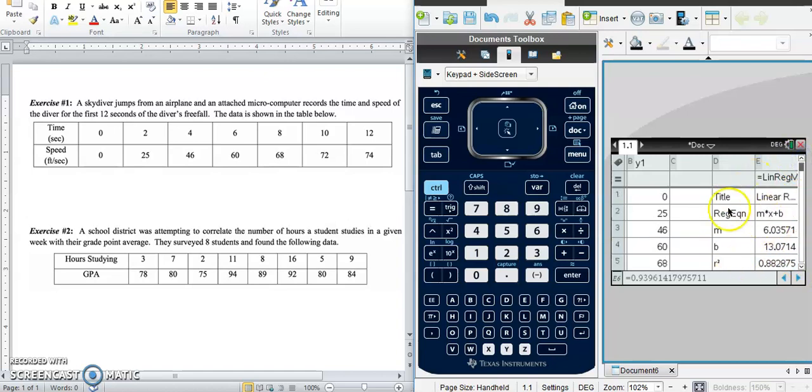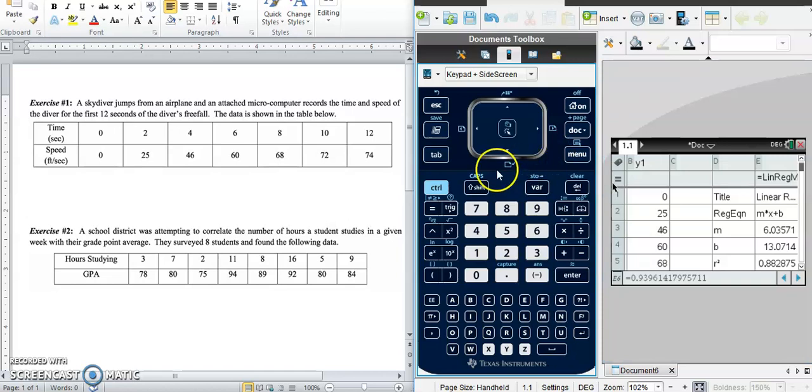So you'll have all of that on this page 1.1. The portion of the lesson that's going to be new is what we call the residual. And he's going to outline and define a lot of that. I'm just going to show you here how to create that and set that up on your calculator so that you can then listen and follow along with how you'll interpret it and utilize it. All right, so in order to get the residual,